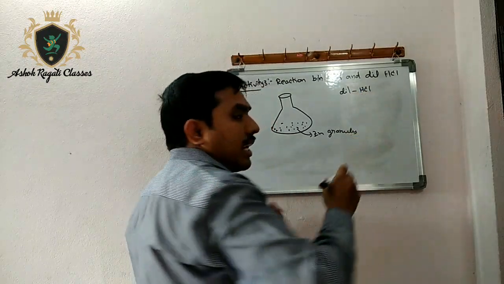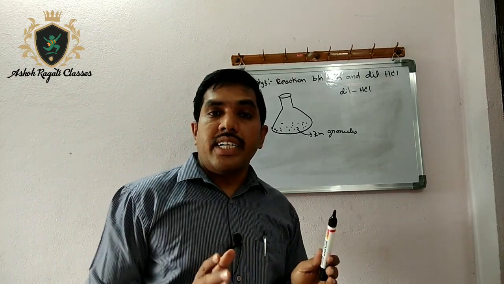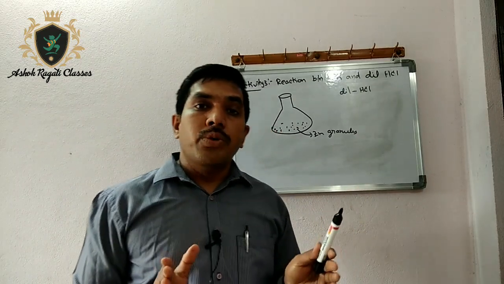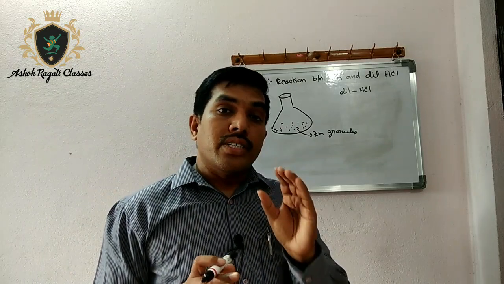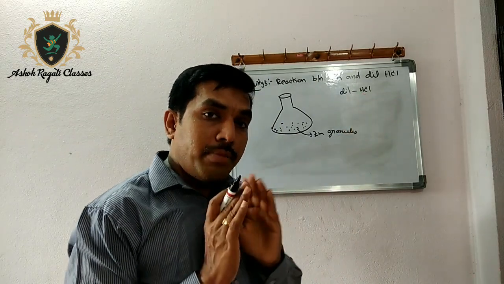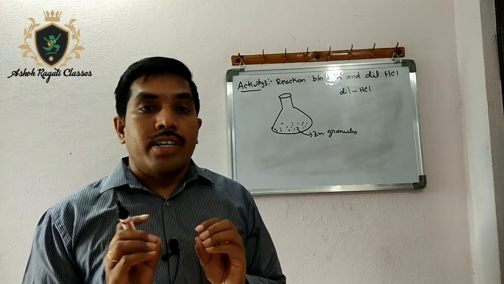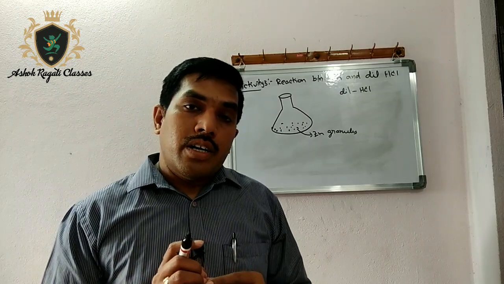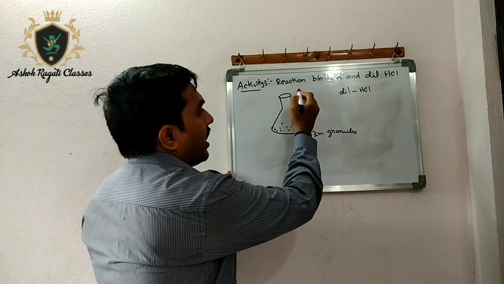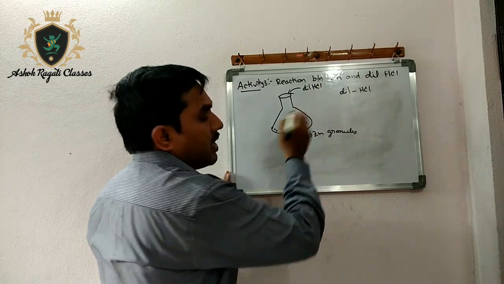In the laboratory, in some cases we will use concentrated HCl. Concentrated means 100% pure acid. But diluted means some percentage is water. So here the hydrochloric acid is not 100% pure, and some percentage of it is water. That is called dilute hydrochloric acid. So I took some zinc granules into the conical flask and I am adding dilute HCl to these granules.